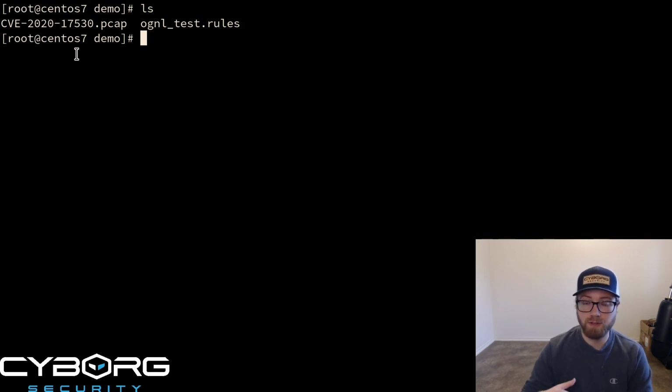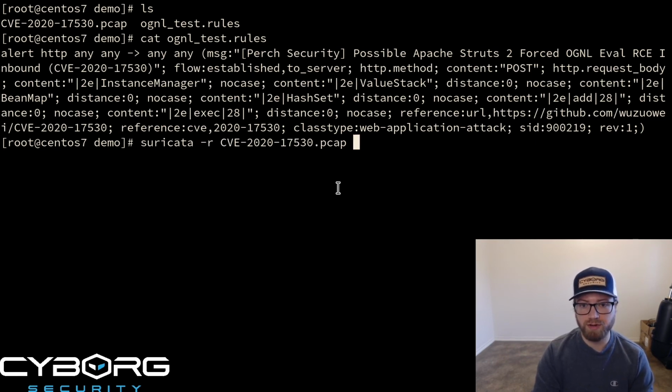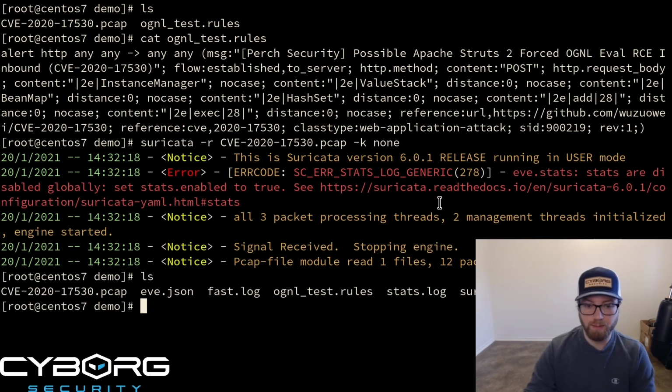But if you want to use this rule in production, you're going to want to take this rule, I've got it right here, and actually put it inside one of your rules files in /etc/suricata/rules, and then make sure you specify that rules file, of course, in your suricata.yaml configuration file. But in order to run this, all we're going to do is I'm going to use Suricata. I'm going to do a -r for reading in the PCAP, and then I'm going to do a -k none. And so if I run this here,